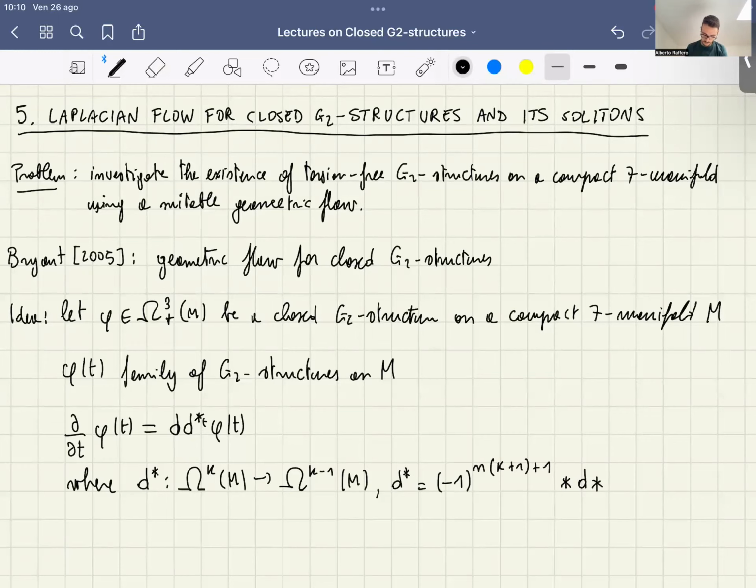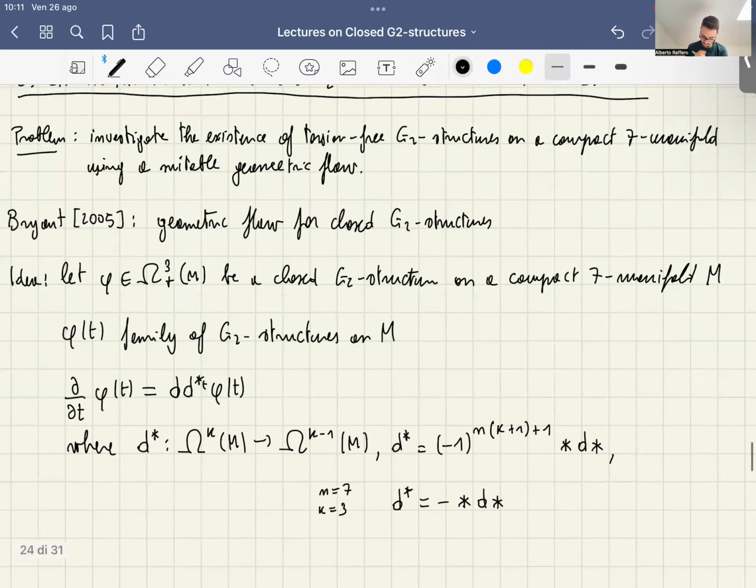So this is a differential operator, and in the case where n is equal to 7 and the degree is equal to 3, as in the case we are considering here, then this operator is just minus star d star. And this is the formal adjoint of the differential d. So in particular,